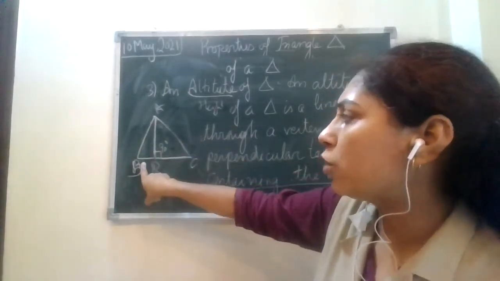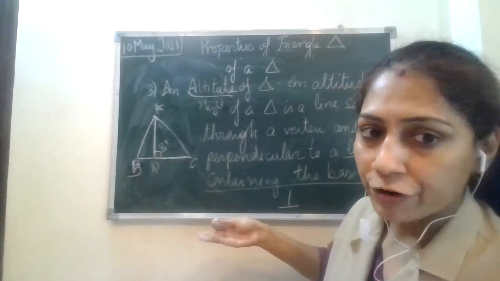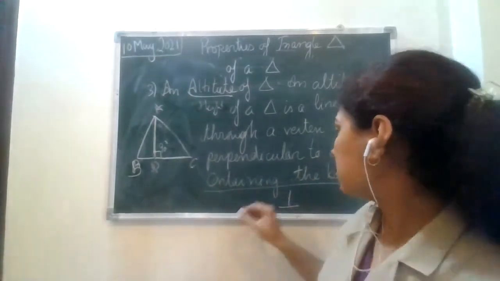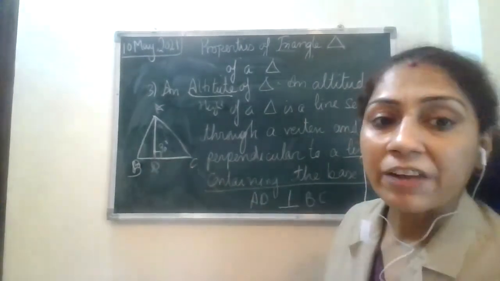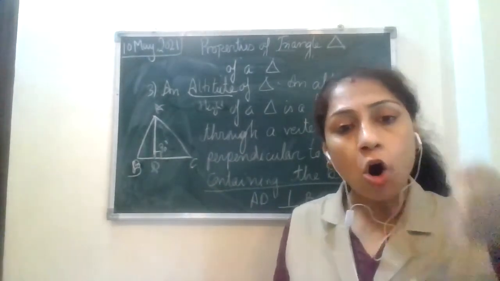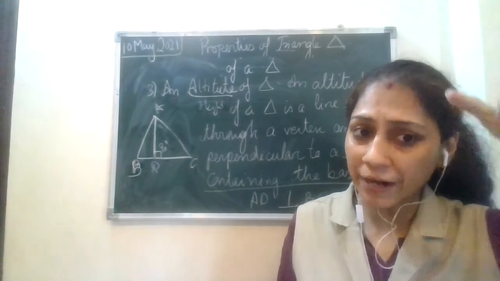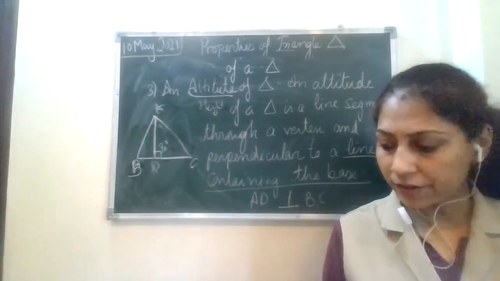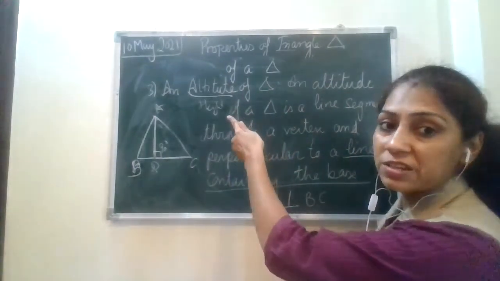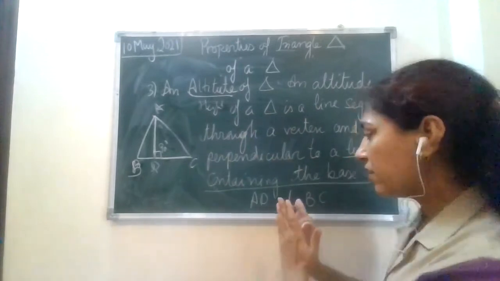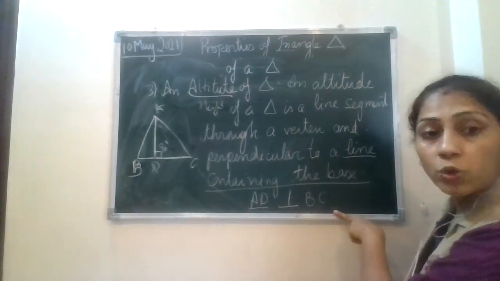From a vertex A, if the perpendicular is drawn on the opposite side as a base, it is an altitude of a triangle. And the speciality is AD is perpendicular. Can I write? AD is perpendicular on BC. And when it is a perpendicular, it comes straight. Recall my example that ma'am told you, that altitude is height, is perpendicular only. You stand straight on the ground and the ground is base, you're making a 90 degree angle. So remember that the moment you come across these terms, the angle is 90 degrees. And the way you represent it, AD is the standing line and BC is your base. This is how you write.